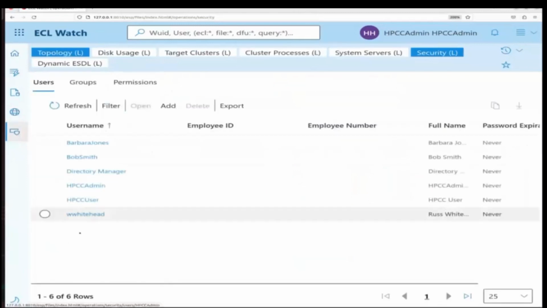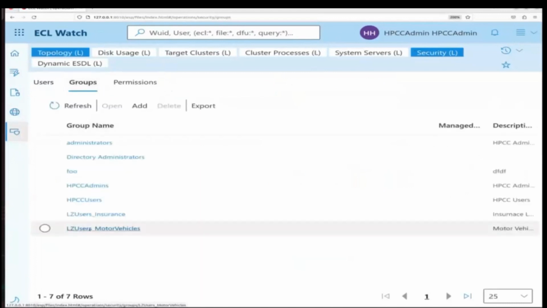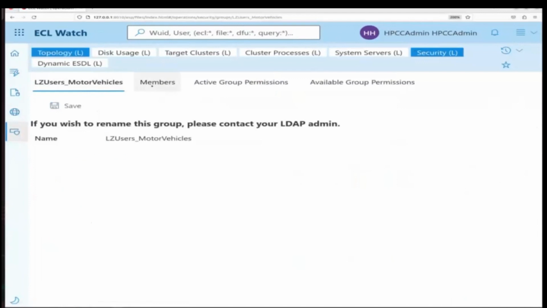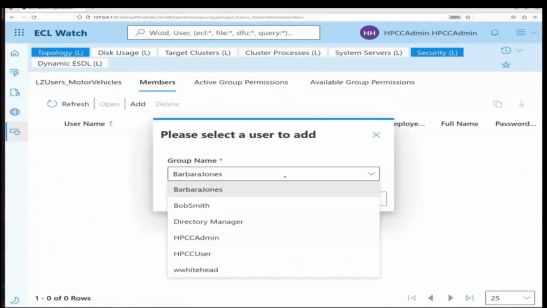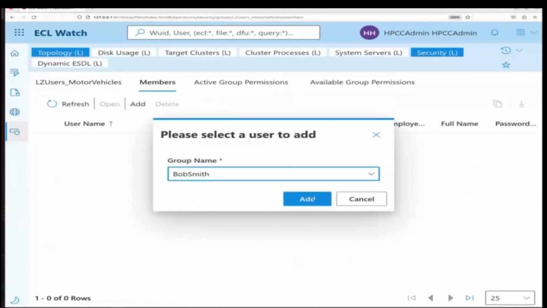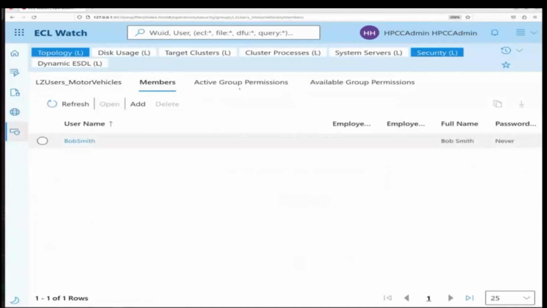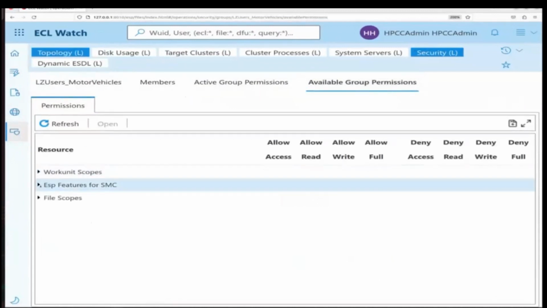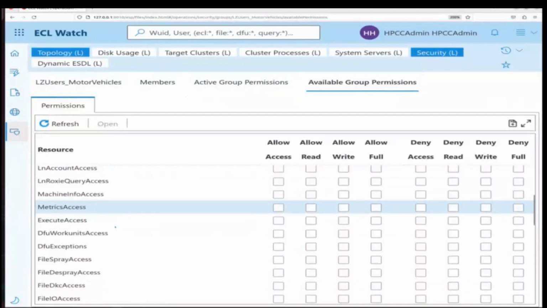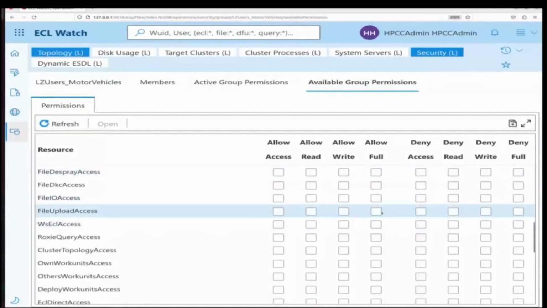Let's do the same for the motor vehicle group. This time the member will be someone different. Let's add Bob. And again, this new group has no permissions. So we go to the available permissions, ESP features, and grant full access,